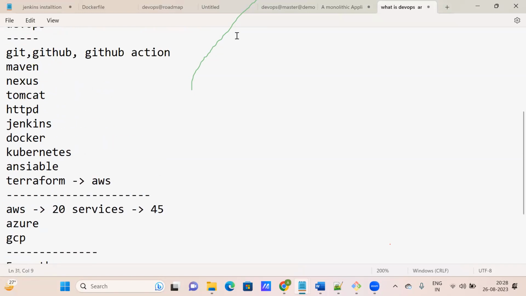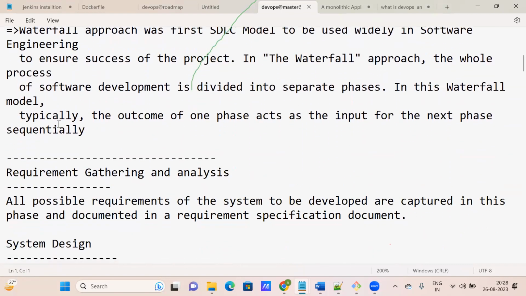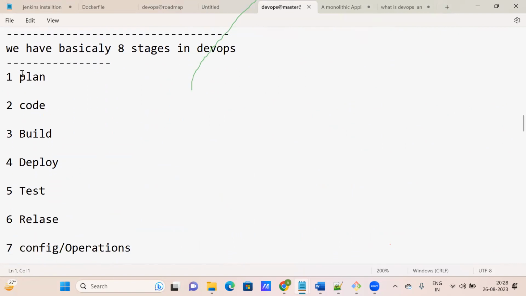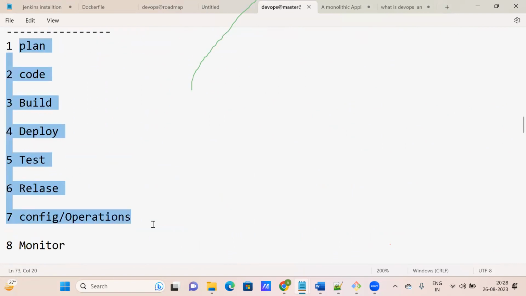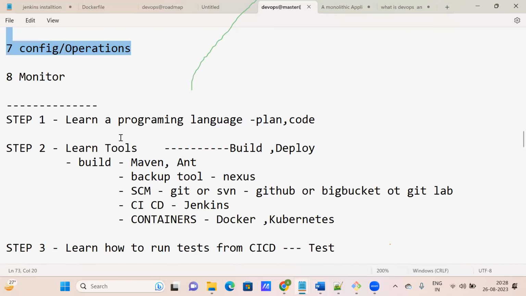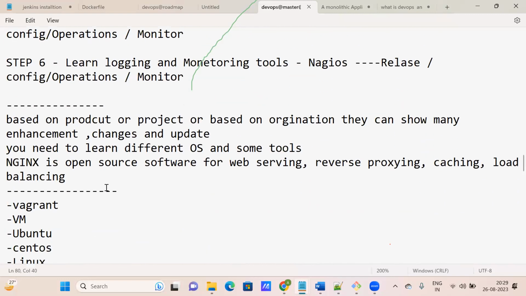And today's recording also, if people require it, you can send your mail ID to us so that we can create a Google Drive link, and I'll place this recording and this document there. Whatever we discussed today, what is SDLC, what is the waterfall model, requirements, implementation, what these things are in DevOps, everything I'll put there, and you can see it. The deployment tool, what is a build tool, all these things I updated here.